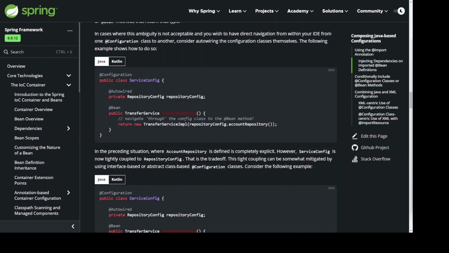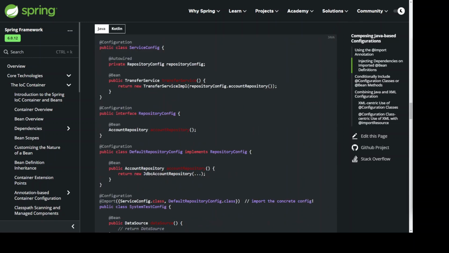In the preceding situation, where AccountRepository is defined is completely explicit. However, ServiceConfig is now tightly coupled to RepositoryConfig. That is the trade-off. This tight coupling can be somewhat mitigated by using interface-based or abstract class-based @Configuration classes. Consider the following example. @Configuration public class ServiceConfig { @Autowired private RepositoryConfig repositoryConfig; @Bean public TransferService transferService() { return new TransferServiceImpl(repositoryConfig.accountRepository()); } }